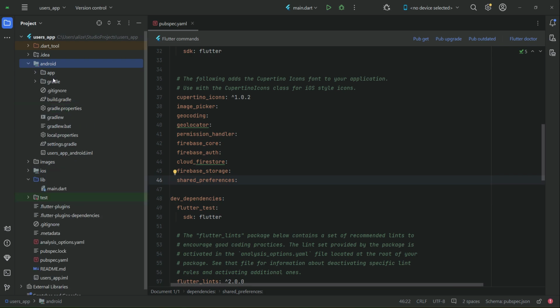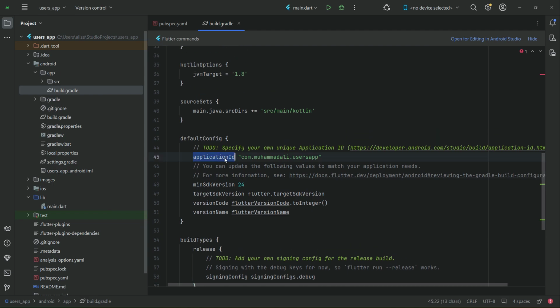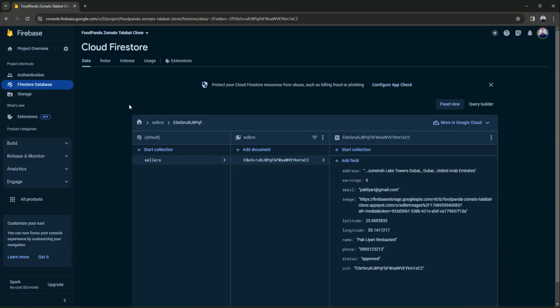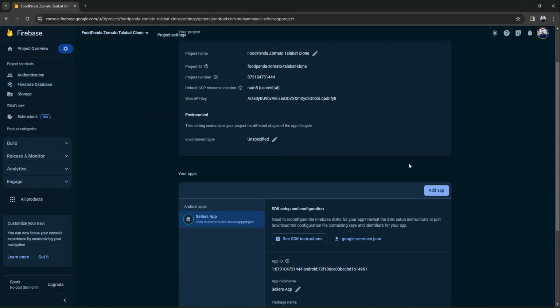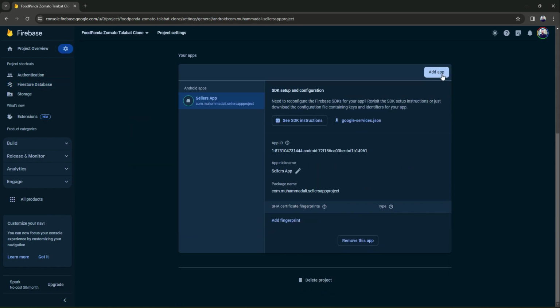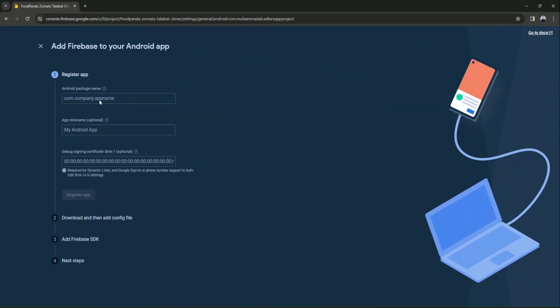So for that purpose we will go to Android app build.gradle, and we have to copy this application ID, then go to the Firebase console, click on this gear icon, project settings, and then from the project settings, if you scroll here you will see this add app button. Click on that, click on Android, and simply paste your application ID here, and we can simply give it name as users app. Click register app,